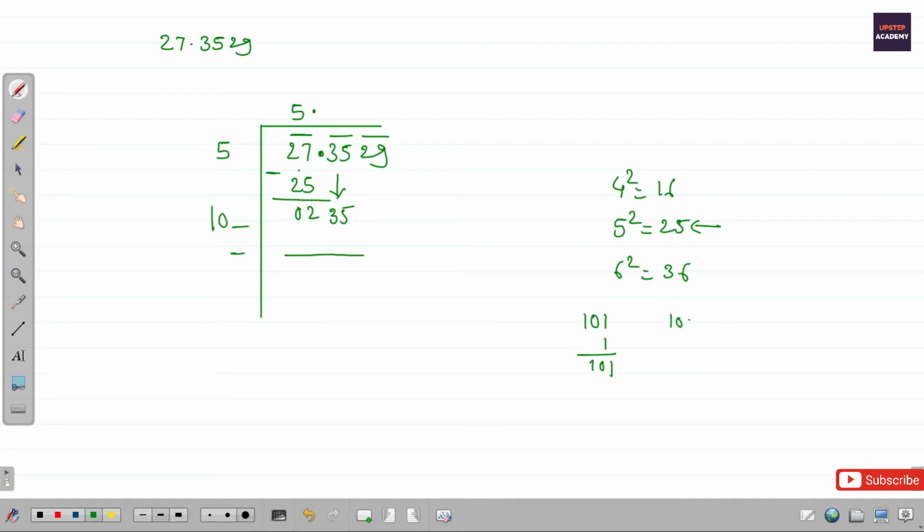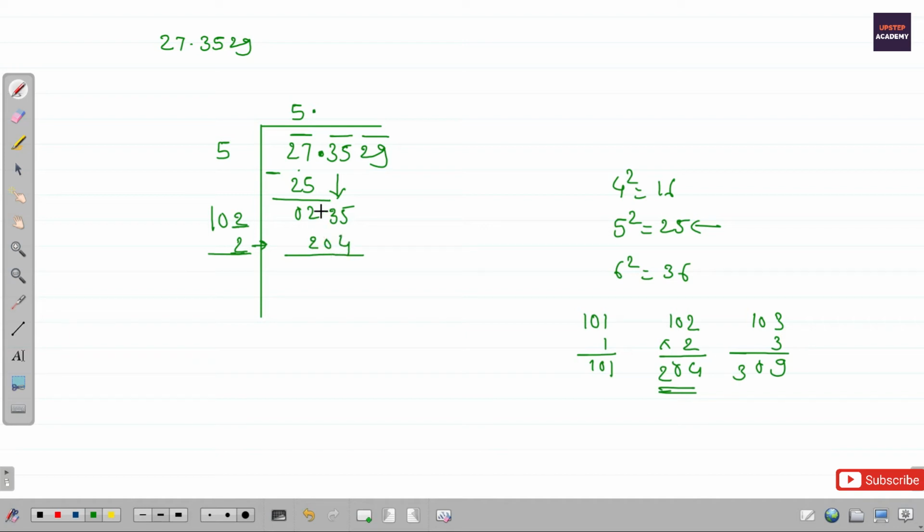Let us take 2. 2 into 2 is 4, 2 into 0 is 0, and 204. Yes, 204 is the number we need to take over here, because if we take 3 over here it will be quite greater than this 235. 3 into 3 is 9, this 0 and this 3. So of course 204 we have to take. It means we have to take 2 in front of this 10, and then we have to multiply this 102 by 2. Okay, so the multiplication we will write over here. What is the multiplication? 204 is the multiplication of it.